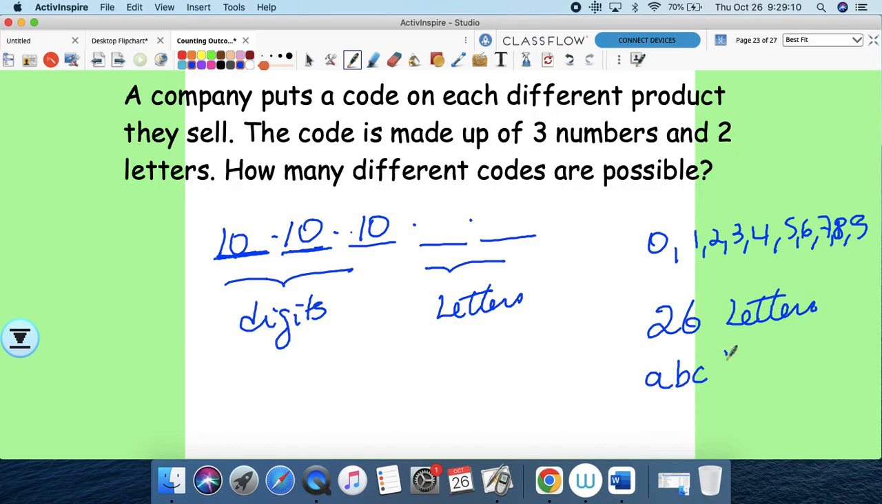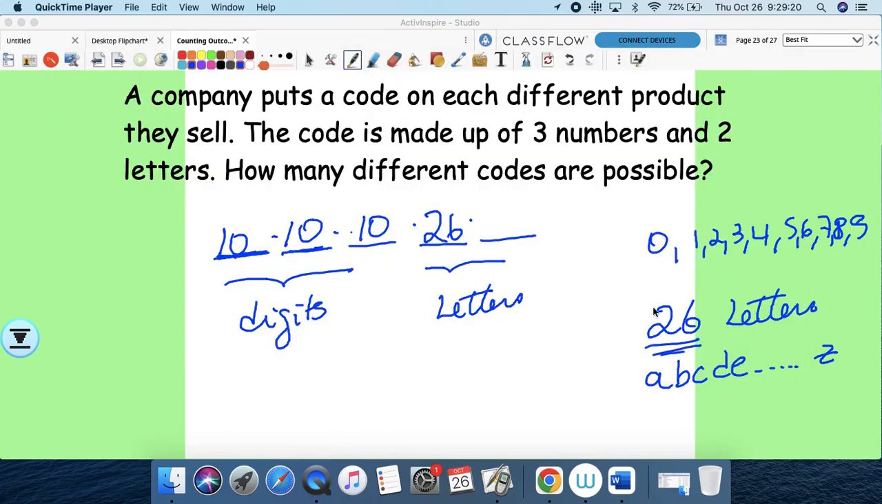Now, for letters in the English alphabet, there are 26 letters. A, B, C, D, E, all the way to Z. There's 26. So if you're making a code, I can choose from 26 choices. And over here, I can choose from 26 choices. So if you take your calculator and you multiply 10 times 10 times 10 times 26 times 26,